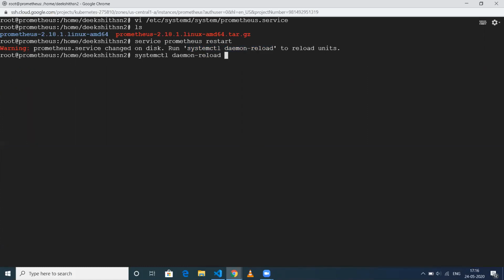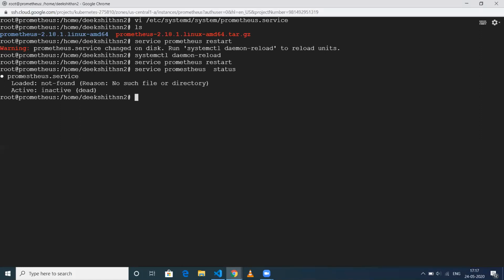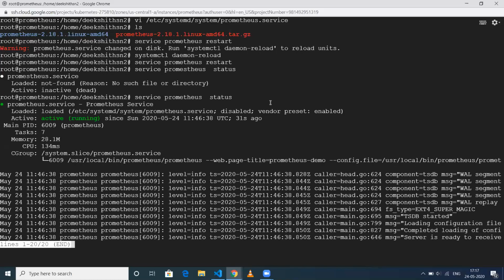Once this is done and I do the Prometheus restart, let's verify whether the status is proper or not. I guess some typo. Prometheus, yes, it is up and running.